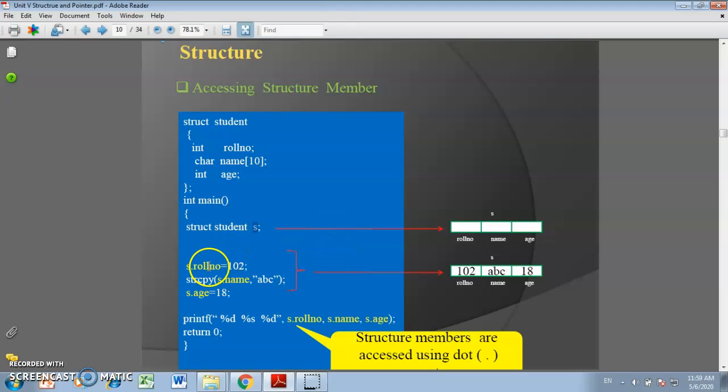And how are the values assigned? See, s dot roll number. So s is the structure variable, dot, structure member. s dot roll number is equal to, suppose, 102. The strcpy string copy function is used: s dot name, comma, abc. So in this case abc is going to be copied inside name, s dot name,